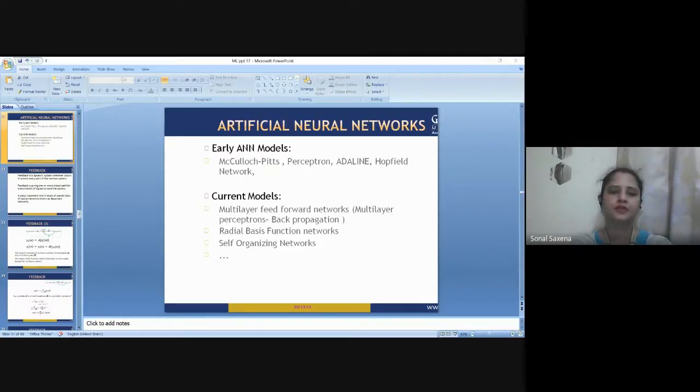So the first one is the feed-forward neural network, or the artificial neuron. Now, see, this is one of the simplest types of artificial neural networks. This is the basic type, the simplest one, right? Now, in this feed-forward neural network, the data actually passes through the different input nodes until it reaches the output node.